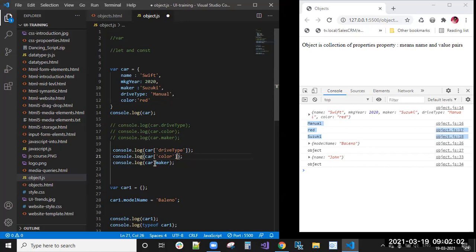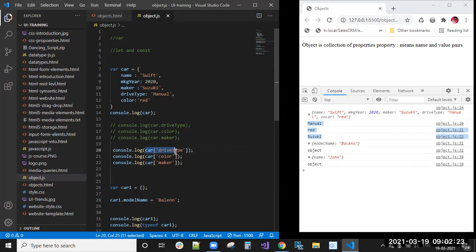This is array brackets. Now you will get the same result: manual, red, Suzuki.